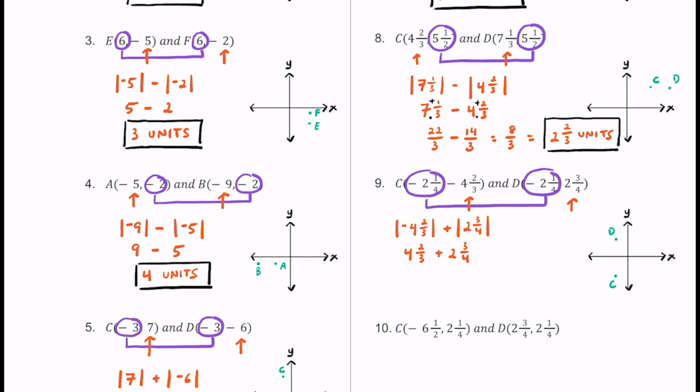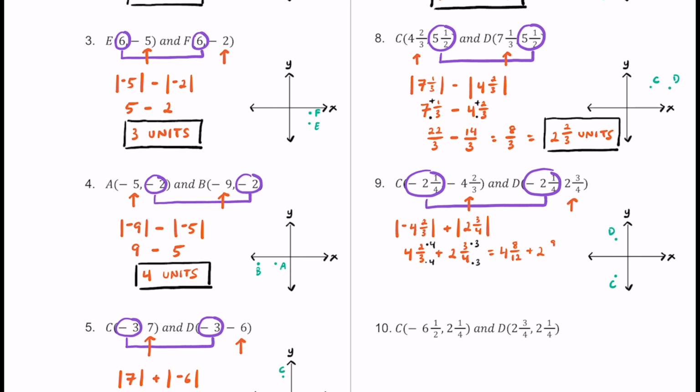Okay, now when we're adding mixed numbers, this is a little bit more straightforward than subtracting. We don't have to borrow or anything, but we do need to find a least common denominator. I think 3 and 4 are relatively prime, so they meet at 12 for the first time. So we can multiply this by 4 and 4, multiply this one by 3 and 3, so they get common denominators. If we do that, we should end up with 4 8/12, and then we can go ahead and add